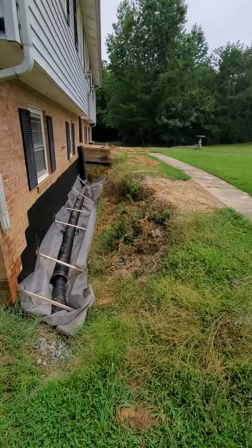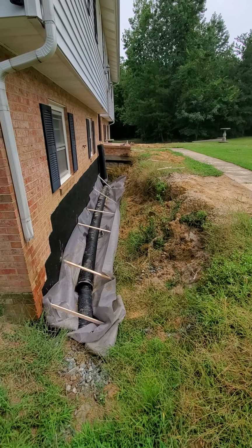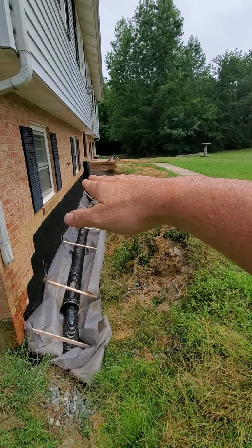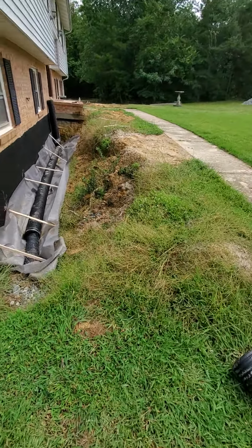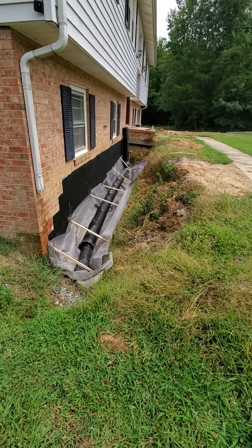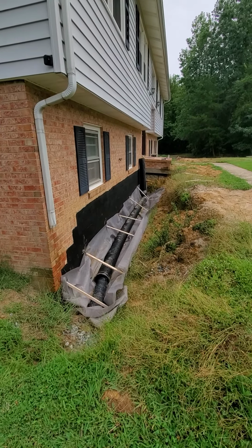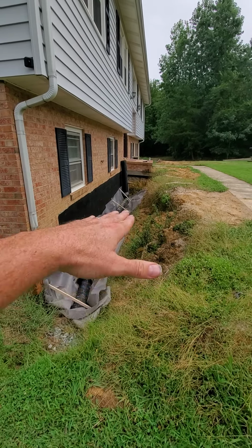So next time you see this, I'm gonna have some loads of rock dropped down in there, bury this pipe, and then we'll fill it all the way back up, right up to halfway up that porch. And then once that's done, I'm gonna put topsoil, put down geofabric, and do maybe a foot of topsoil. I'm not exactly sure. I want to do more mulch than topsoil, and I might even do those potted plants, put some plastic pots in the rock and surround it with mulch. I want very little dirt in this area,